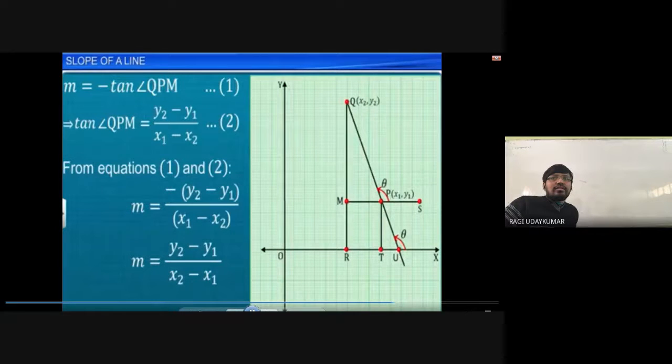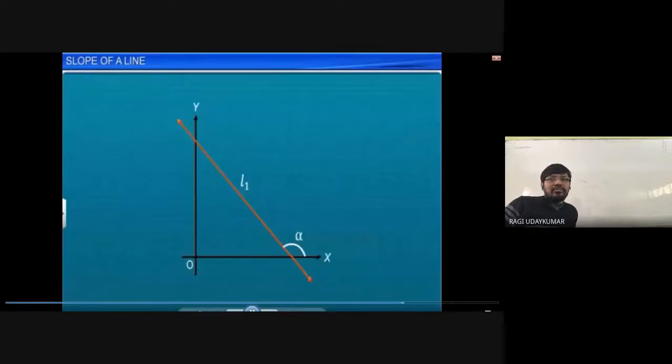So m is the same in both the cases, whenever you take x1 minus x2. In both the cases, whatever it may be, the line is taken into consideration. y2 minus y1 by x2 minus x1 is the slope of the line joining the two points. Even you can take y1 minus y2 by x1 minus x2 also, you can write. But whenever you change the numerator, you also have to change the denominator. The numerator is the difference of the y coordinates, the denominator is the difference of the x coordinates. So this is the main thing you have to observe here.